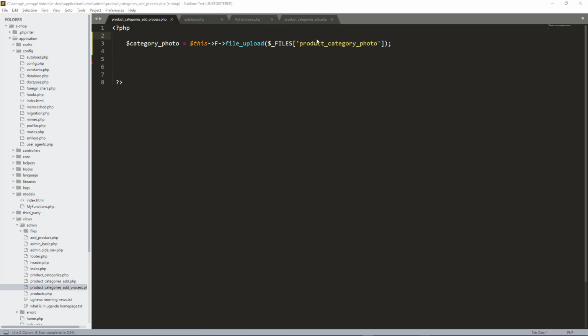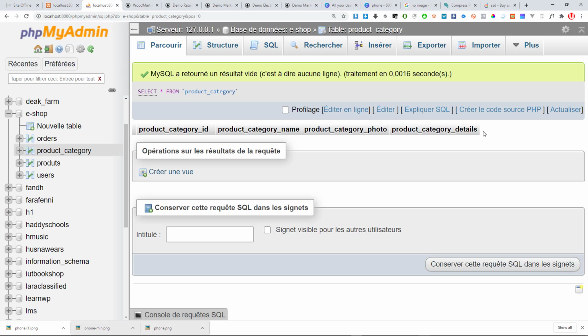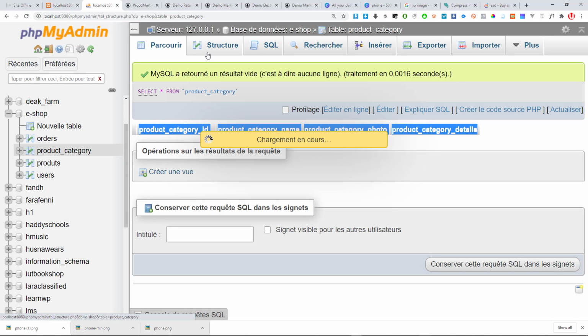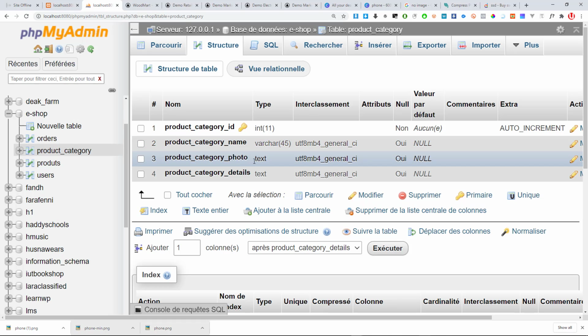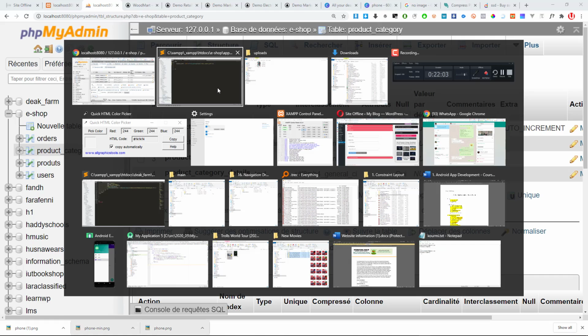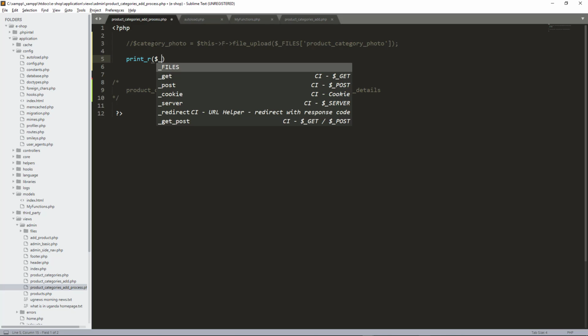So to upload the information to the DB, first of all, I'll go and see the DB and see what we need on the DB. This is it. Okay, so I'll just come and see the structure and see for file, photo is okay. File category name, photo is text, details text, no problem. So I'll come and comment, and after commenting, I'll put this one here. Category ID will be handled automatically, and then category name, I already have this. I can first comment this thing to avoid multiple things being dumped in the heart. So I'll just put here